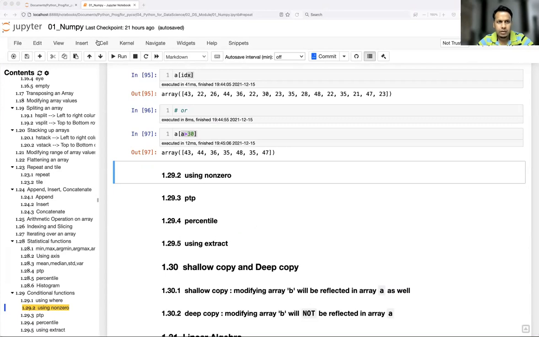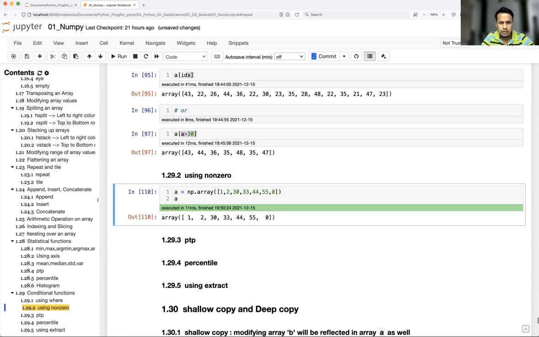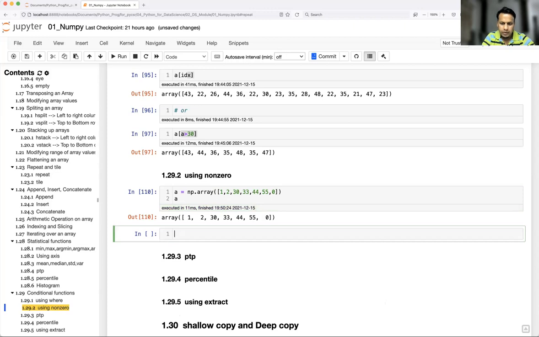We have something called the non-zero function. np dot, let's say we have an array with some zeros, right? Now we have np dot non-zero a.